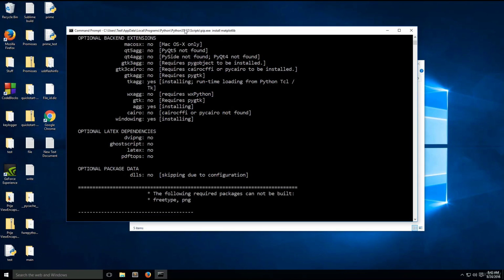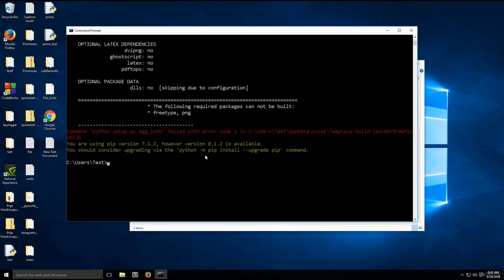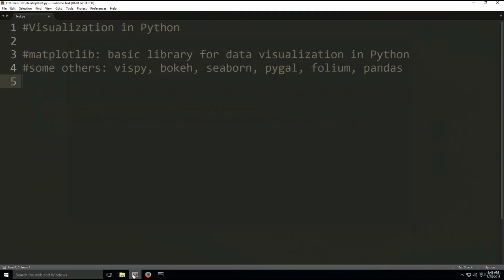Oh, there we go. And here is our error. You might come across this error for matplotlib. For some reason, it does this with matplotlib, and not any other modules that we need for the tutorials that are coming up. For some reason, it gave us this error code. I tried figuring it out, but I couldn't really get it to work. But the solution I found is that we have to install the wheel files. We'll get to that in a sec. But first, we're going to install all the other